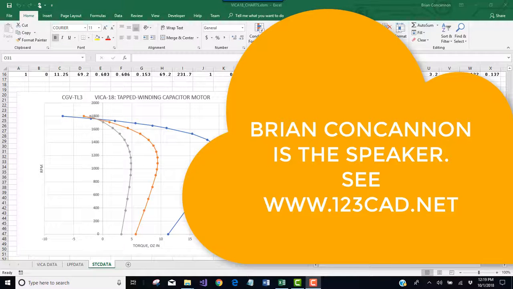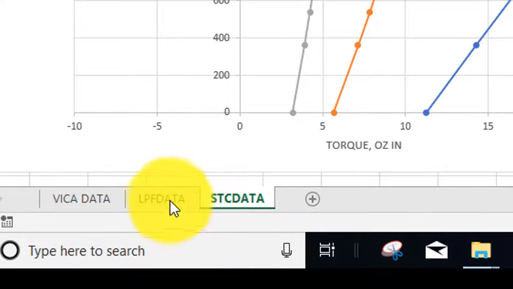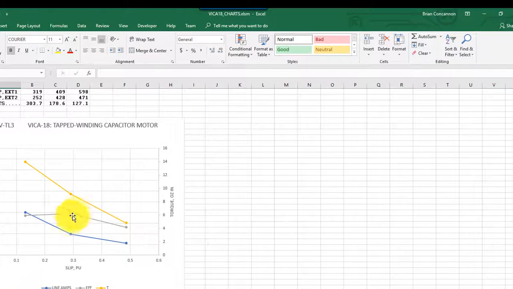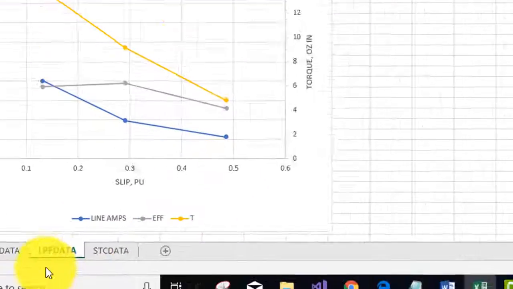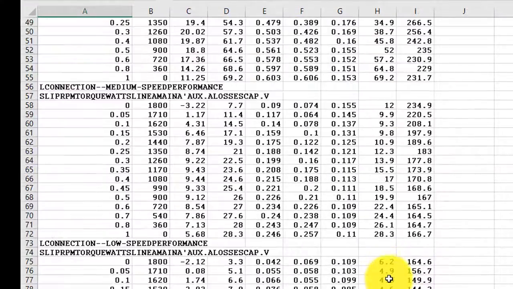This video is about the Vica18 DOS style program from acmotorcad.com. We're looking at a plotting spreadsheet for it. So we've already run the DOS style program Vica18. This is the speed torque data. This is the load performance data. And this is the output of the program